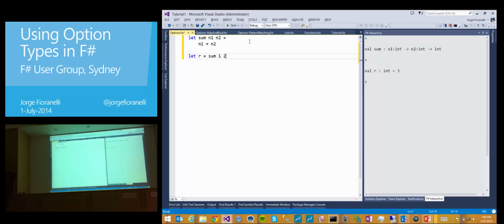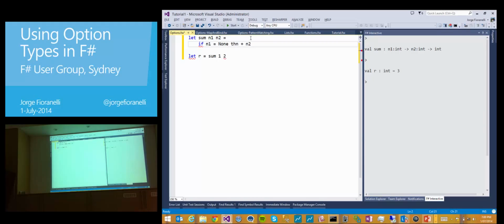So let's transform this to be an option. I said before that I could be like this and say, okay, this is an int option. By doing that, you could see that this is actually complaining, saying that it won't be able to add an option and an integer. But I could even just, by checking if this is none,